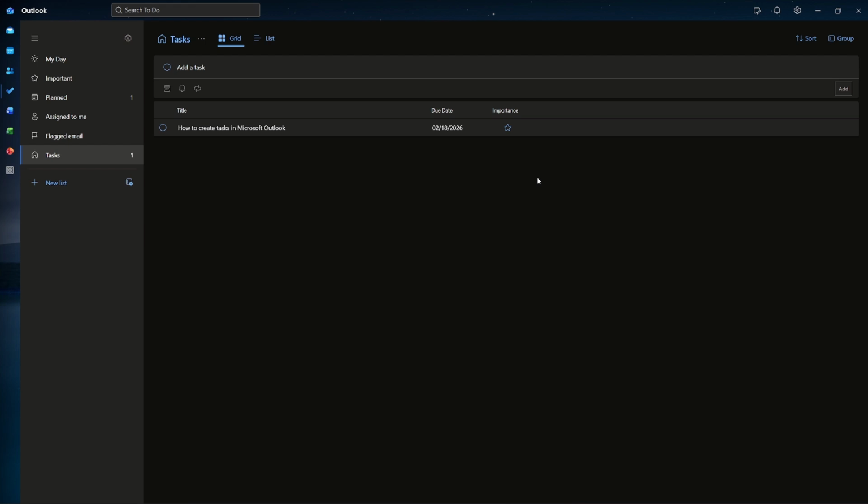If you want Outlook to nudge you, turn on a reminder, pick the date and time you prefer, and Outlook will alert you so you don't miss it. Reminders are optional, but they're great for deadlines that tend to sneak up. In the Notes or Details area,